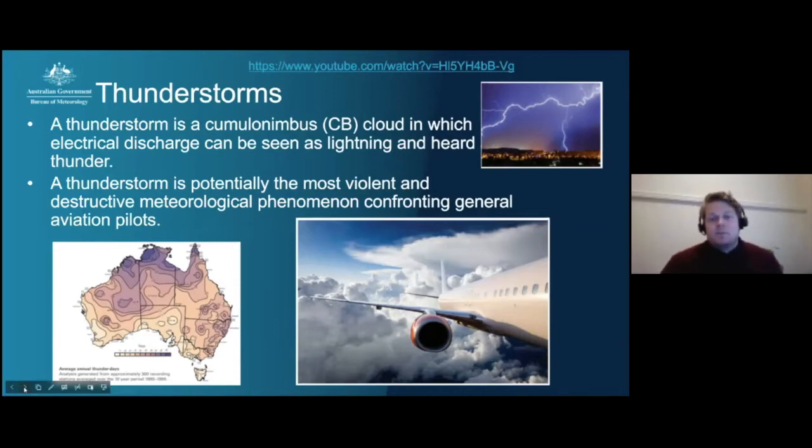So a thunderstorm is potentially the most violent and destructive meteorological phenomenon confronting general aviation. There are other phenomena like tropical cyclones, but I trust that most pilots wouldn't go anywhere near one of those. Down here, this map in the bottom left corner is a map of the average annual thunder days. You can see the north of Australia experiences a lot more thunder days than the south of Australia,